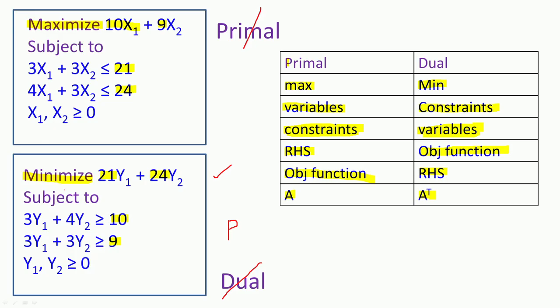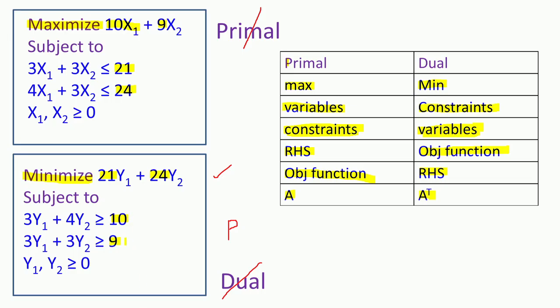Now this primal has two constraints, therefore its dual will have two variables. Let those variables be called x1 and x2. Now 3x1 plus 3x2 is less than or equal to 21, 4x1 plus 3x2 is less than or equal to 24,